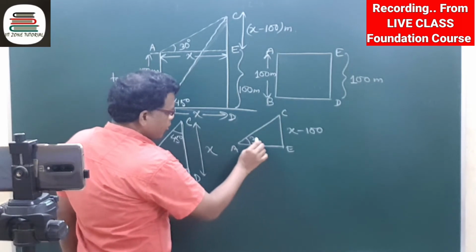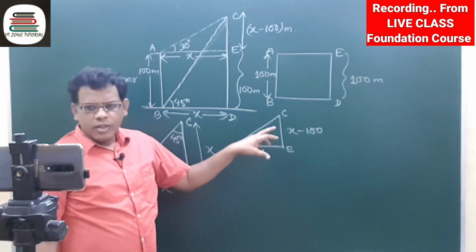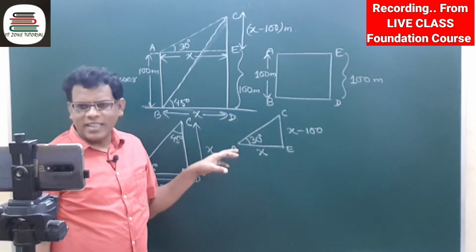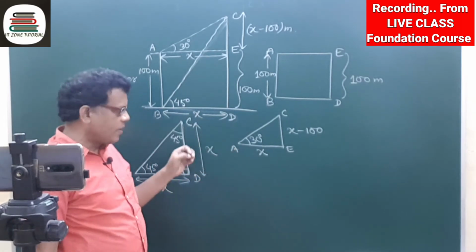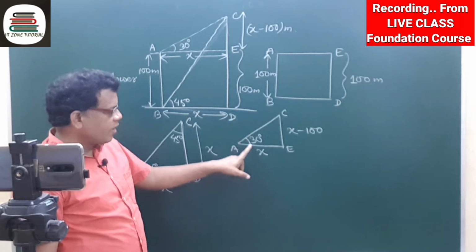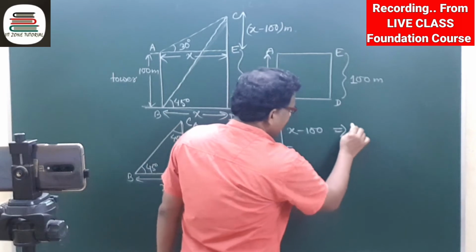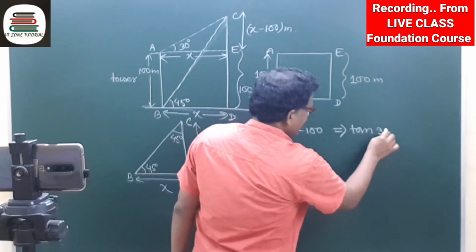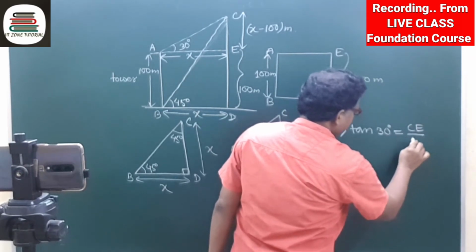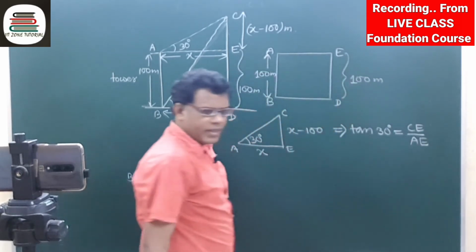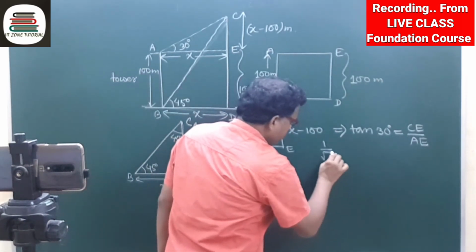And this angle is known to be 30 degree. Again I have explained to you that we have to select the two sides in a right angle triangle whenever we establish the relation of the two sides with a trigonometrical angle. So this is 30 degree, for 30 degree this is perpendicular, this is base. So I can use tan 30 degree, tan 30 degree can be written CE divided by AE, based on the perpendicular to base relation. So tan 30 will be 1 by root 3.